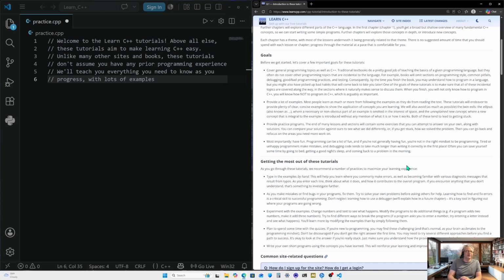How many times did you see me do that in W3Schools? Hey, here's a new concept. You're going to use it right here, but we're not going to explain it until after you get done using it. They kind of understand that stuff, so they introduce it first and then you use it in an example, instead of giving you an example with a new keyword and asking what does this do, and you're typing it in there. I mean, you see me do that plenty of times.